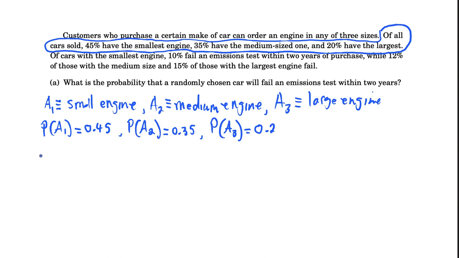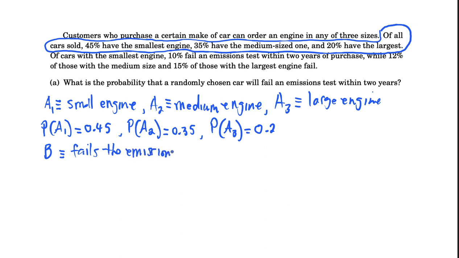Now I'm going to define B. And I don't have to use these letters. I'm just using these letters because they're consistent with what we just developed in the previous video, right? But in general, you can label them any way you want as long as you're clear as to what the information represents. So if we let B be the event that a car fails the test, so fails the emissions test,